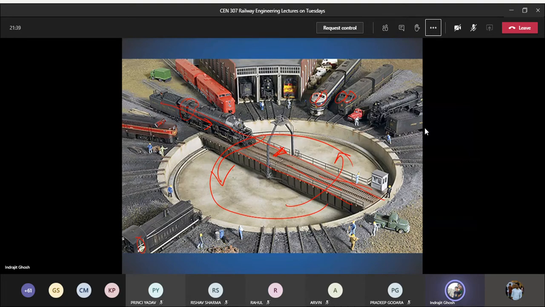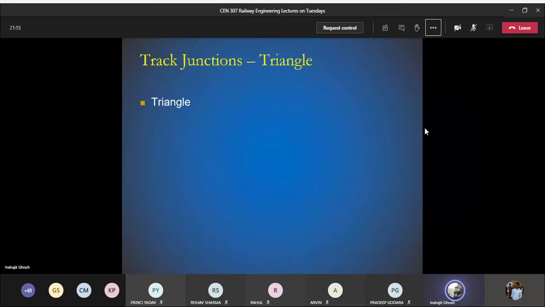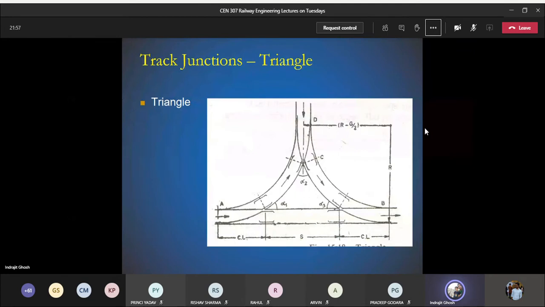But it has been observed that the maintenance and construction of the turntable, everything is quite expensive. Then they came up with the idea of the triangle. So how does the triangle look? A very nice, very simple mechanism, not rocket science or anything. So the train is going to reach the terminal station. See, it reaches with the forward side in this direction. So it goes like this.